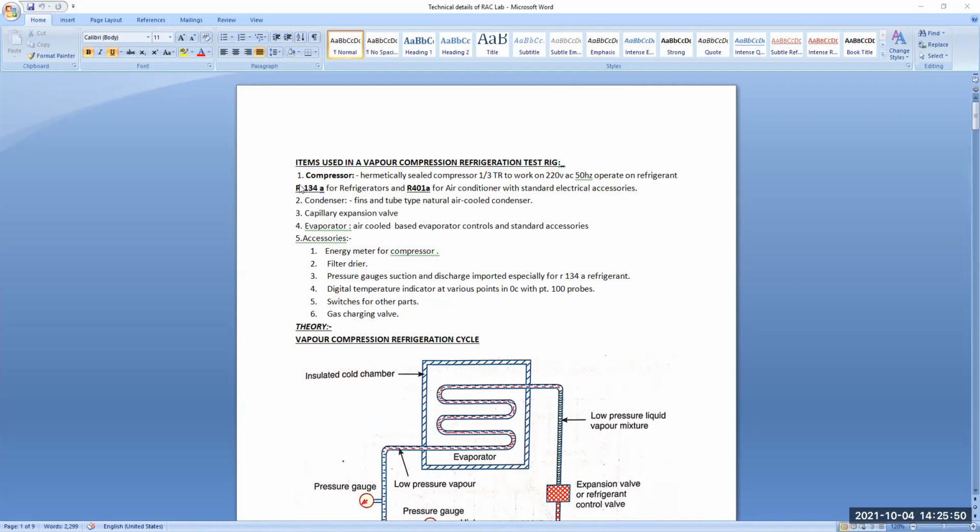Now, we know everybody has some experience with refrigeration, because almost everybody's home is supposed to have a refrigerator. So first we have to know what the different parts used in the refrigerator are, and what the refrigerants are which we are supposed to use in a vapor compression refrigerator. First of all, the heart of a refrigerator is the compressor itself.